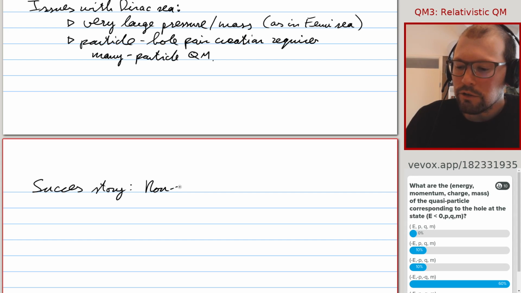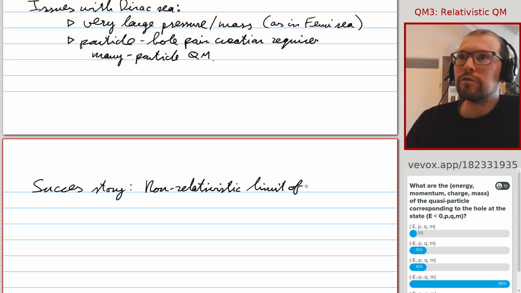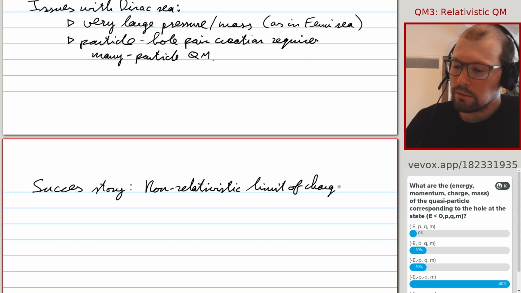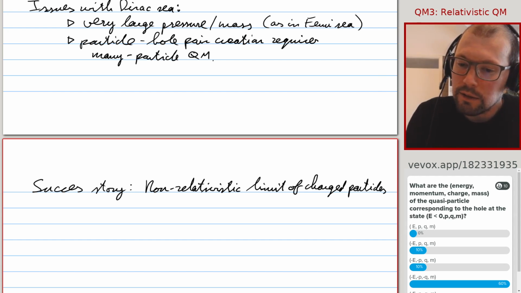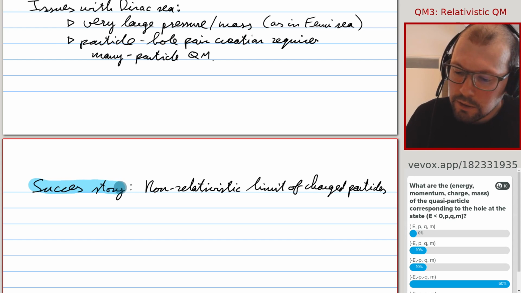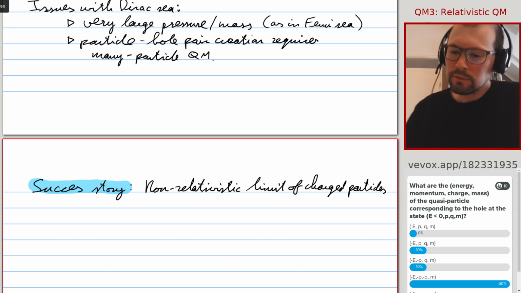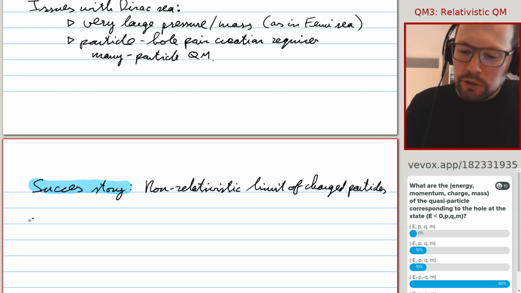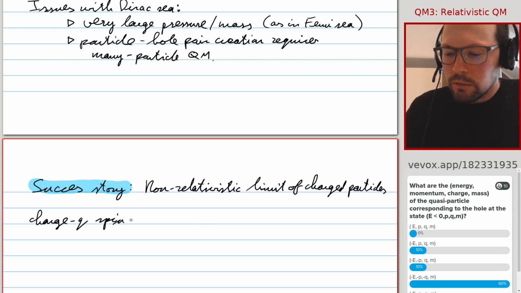And for this, we're really going to look at the non-relativistic limit of charged particles. And in particular, charged particles in an electromagnetic field. So let's fix the stage a bit. So we have a charge Q particle, spin 1/2,